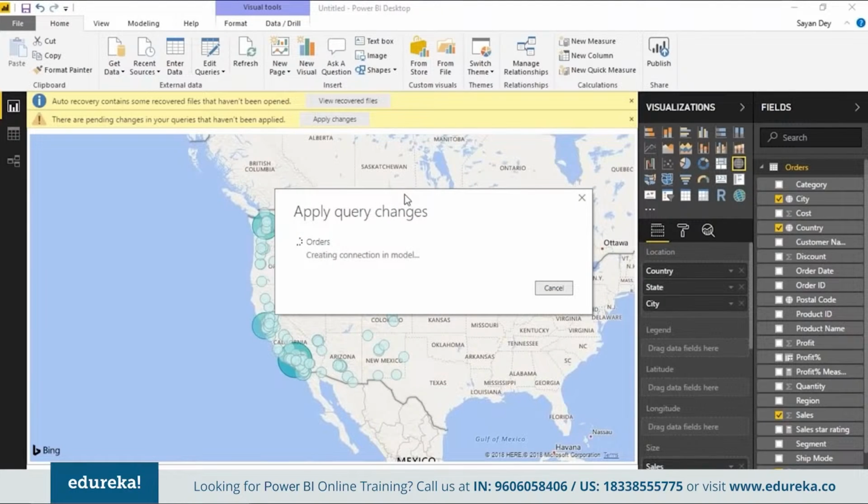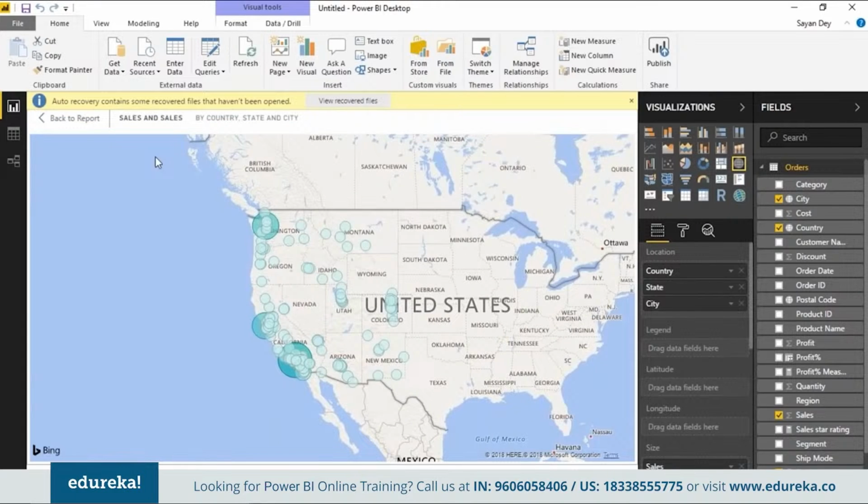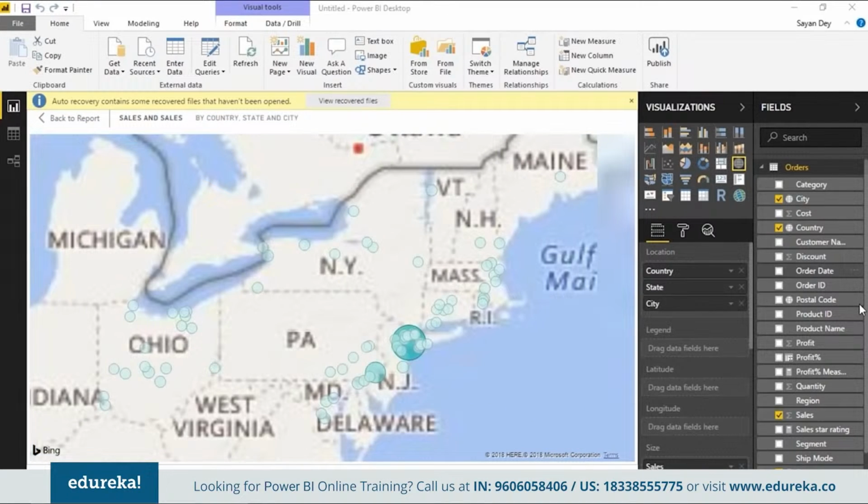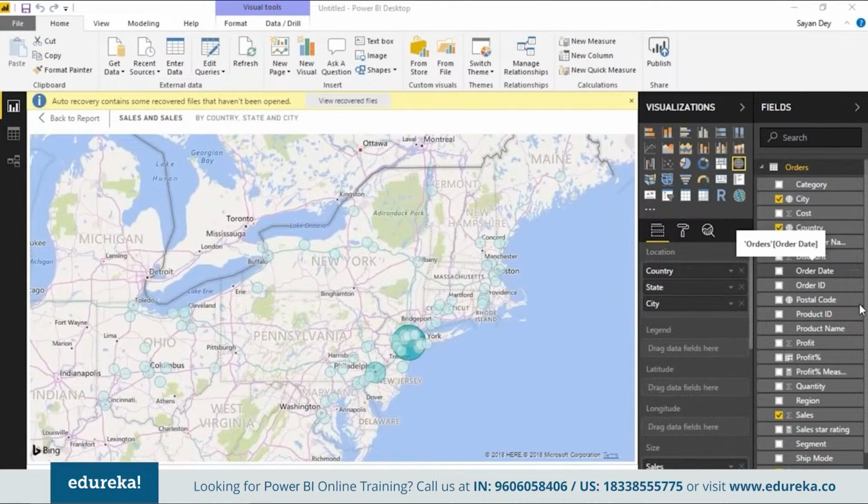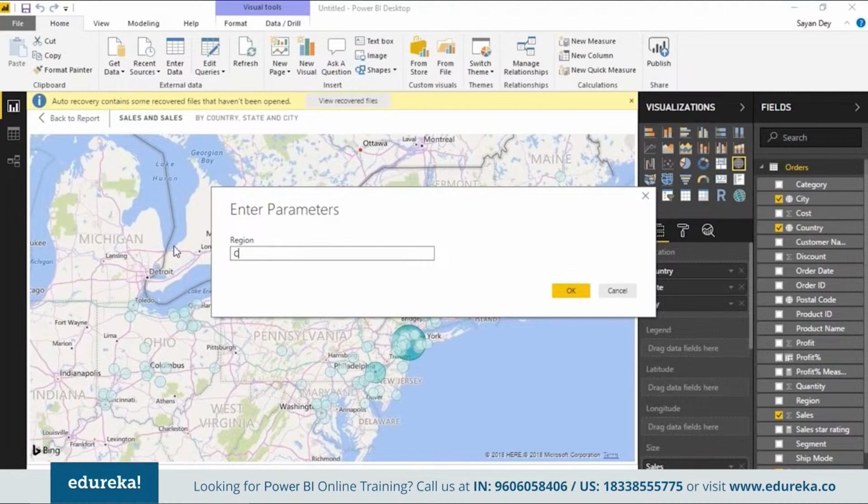Okay, you have to apply the changes, because remember, we're actually doing it as a query level change. So idea is that when you set this as east, it will go back to the query, it'll take all your data, it'll take your eastern data, and now it will show you only the eastern data. Okay, so that's the idea now. Now it is only showing you eastern data. You can further go to edit queries. Now you're going to see the central data. Just type in central here, and now you're going to see only central data.